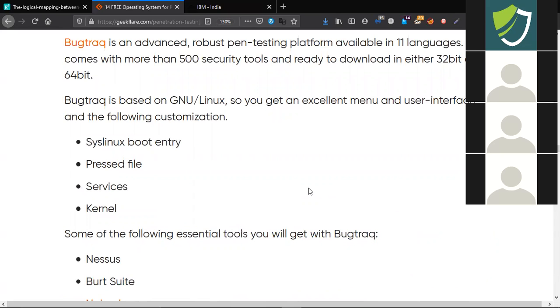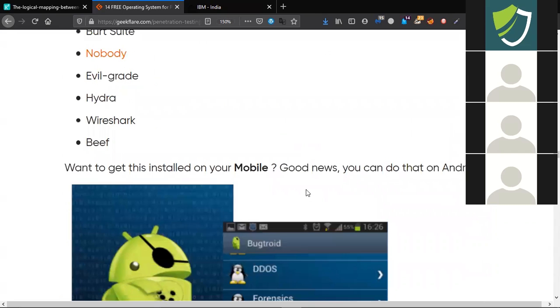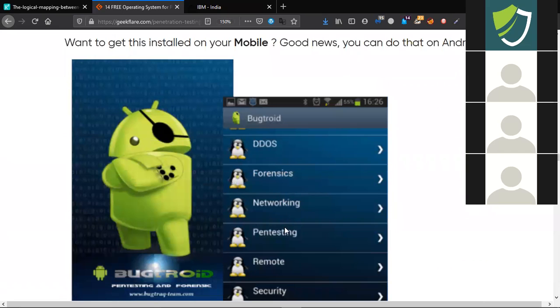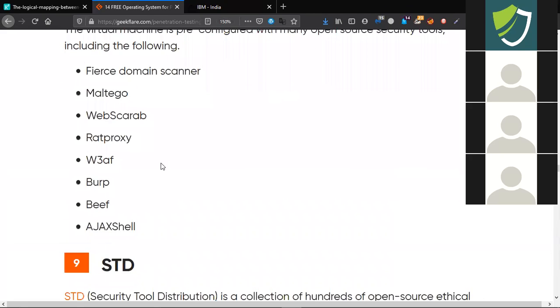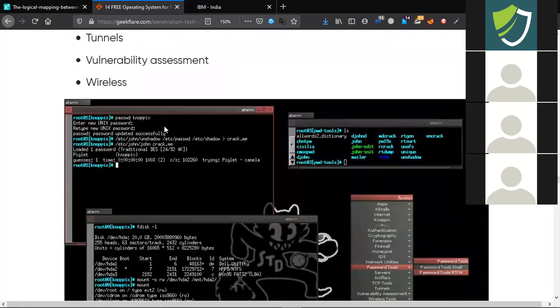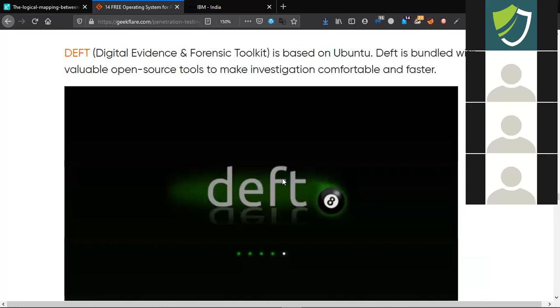Then we have Bugtech. Bugtech is used for mainly part for mobile hacking, or you can go with the mobile related part. So you can even install in your mobile, Android mobile also. But उसके लिए आपको सबसे पहले root करना पड़ेगा आपका मोबाइल to get the root access. Then Samurai same है, ज़्यादा कोई नहीं आपके पास, HTTP आपका देख सकते हैं।